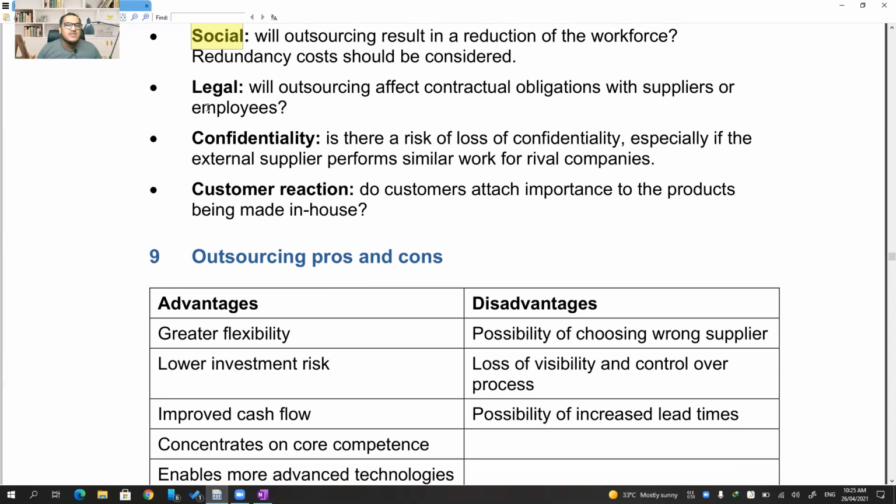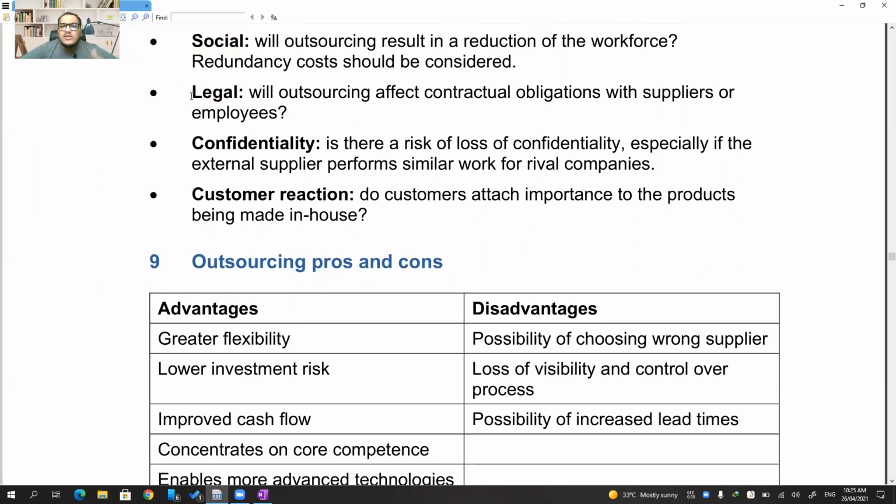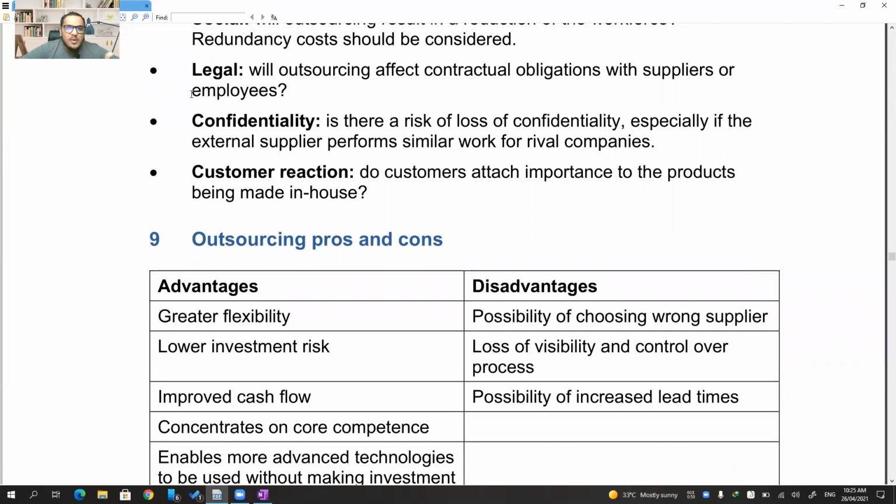So social implications will be there now. When companies are usually firing, it becomes a very big news in the market. They say that Mahindra and Mahindra is firing 5,000 employees. It becomes a negative social impact for your company. That's another. And legal also will be there. If you are firing some of the employees, you have to pay them whatever contractual payments have been promised to them, retrenchment compensations, we call them in the technical world. Those compensations you have to pay them.